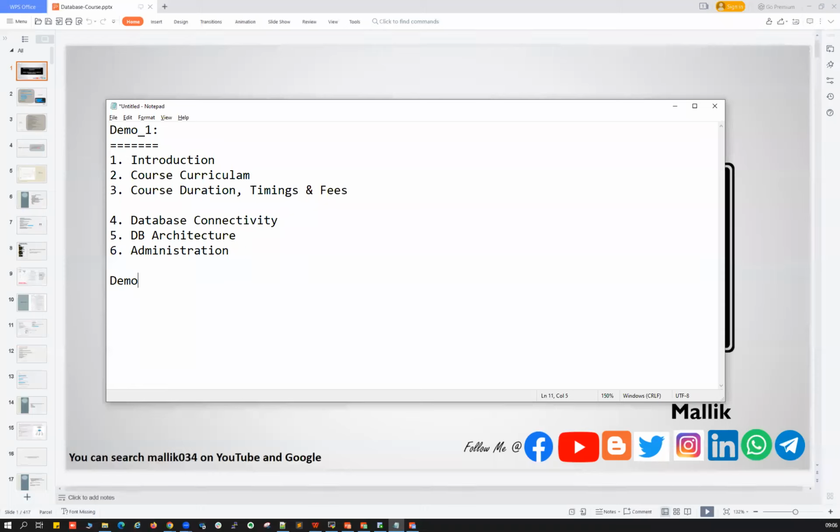In demo session 2 tomorrow, we'll talk about some of the maintenance. What are the database maintenance activities, what are the downtimes, and how as a DBA we can manage our day-to-day activities.